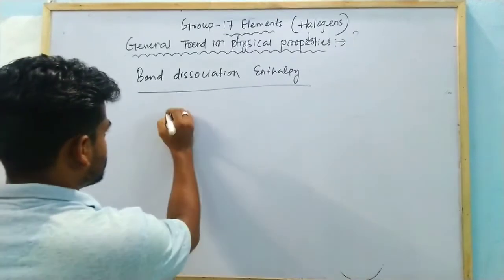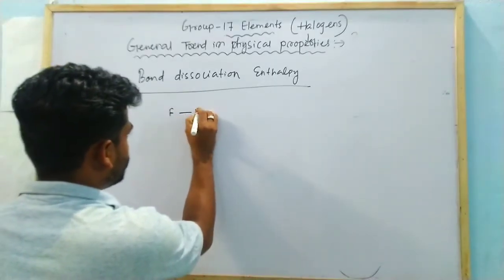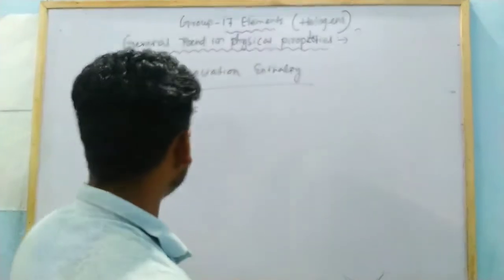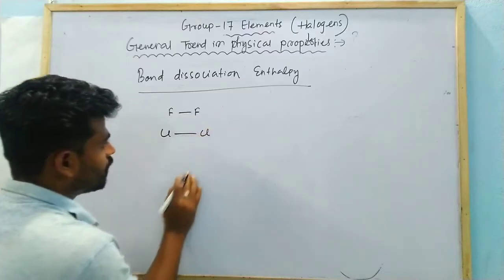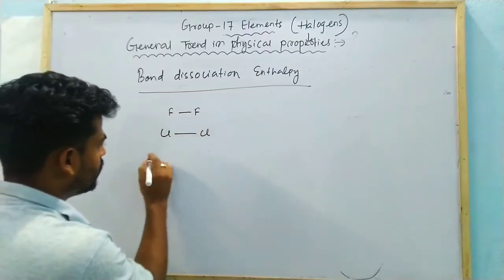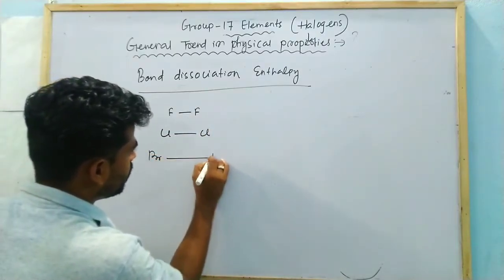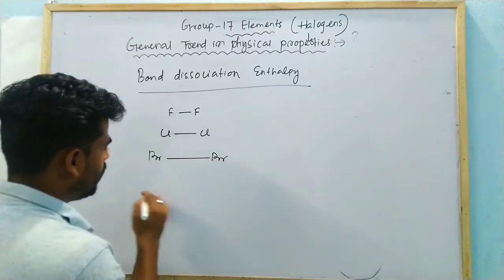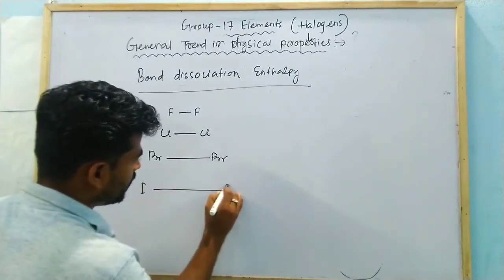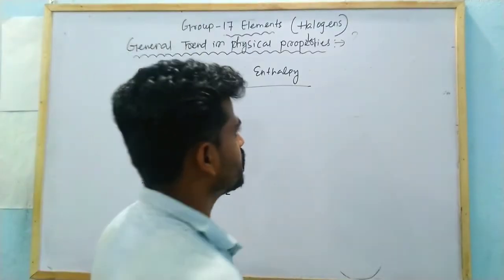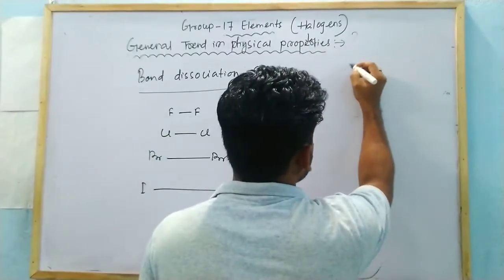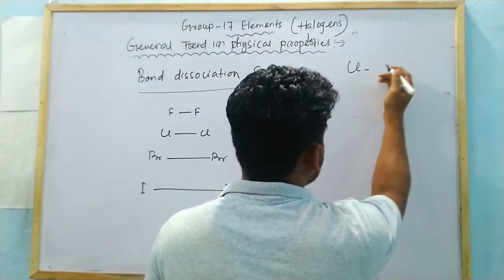Okay, if you consider size, this one is for fluorine because fluorine is the smallest element, and this one is chlorine, a little bit larger than fluorine. Then for bromine it can be written like this, Br2, and for iodine like this. Okay, because you know halogens are diatomic molecules because of their configuration. Suppose this is chlorine, its configuration can